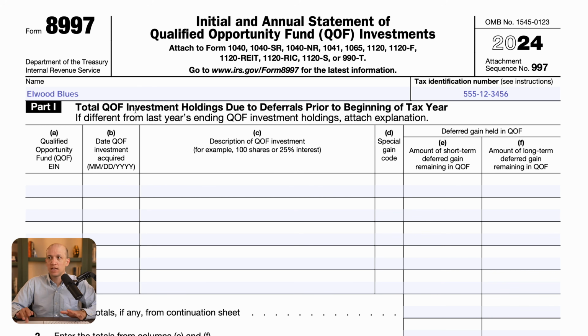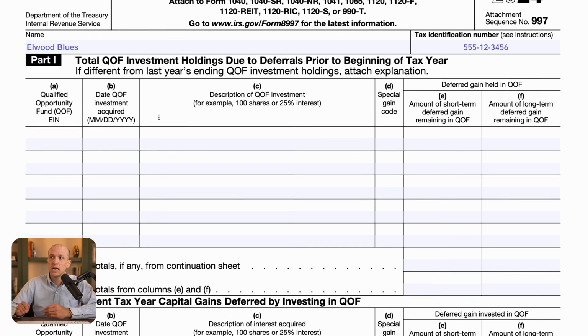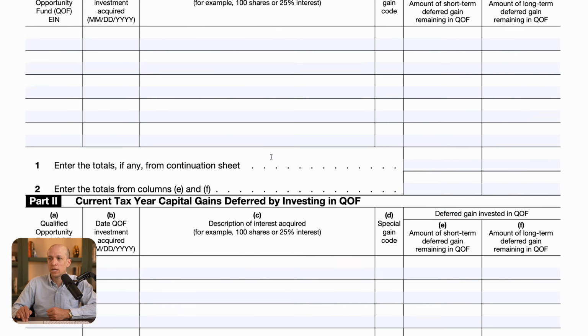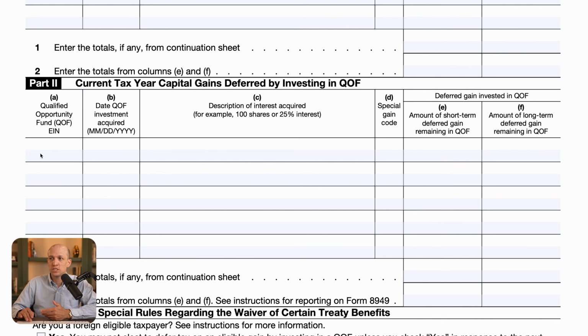Part 1 we're not going to fill out today because in our example, we're assuming that this 2024 tax year is the first year in which our taxpayer is making a deferral, an investment into a qualified opportunity fund. But if you did have holdings due to deferrals prior to the beginning of this tax year 2024, this is when you would fill out this information in Part 1 here. But in our case, this is our first year making this type of deferral, so we can skip to